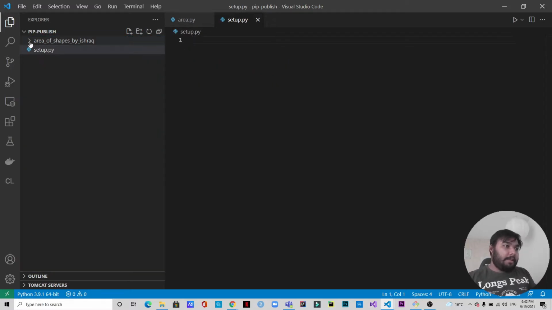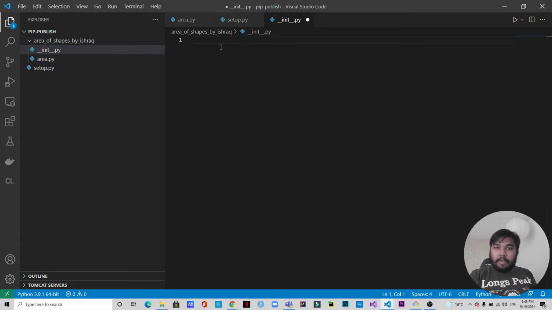Okay, I will be coming into this, and I need to create one more thing in the package folder. Alongside area.py, I'm just going to create another file called __init__.py. This file is usually empty, but sometimes we need to write some code in it, because if you keep it empty, then when you're importing this package, you need to write from area_of_shapes_by_Ishra